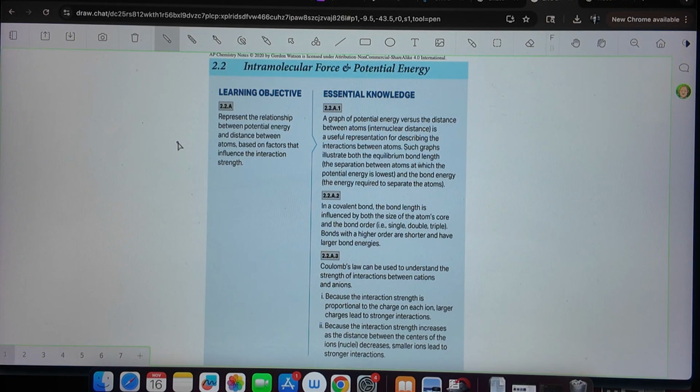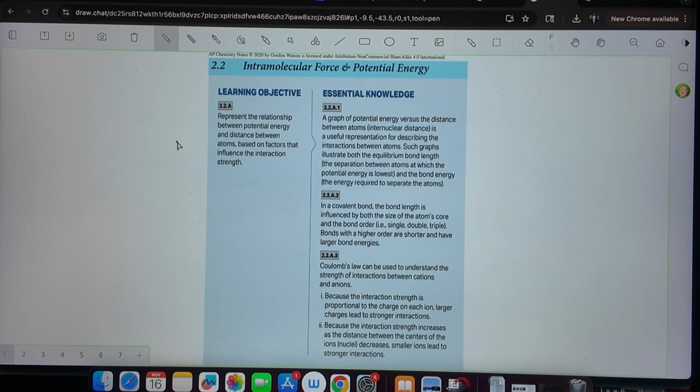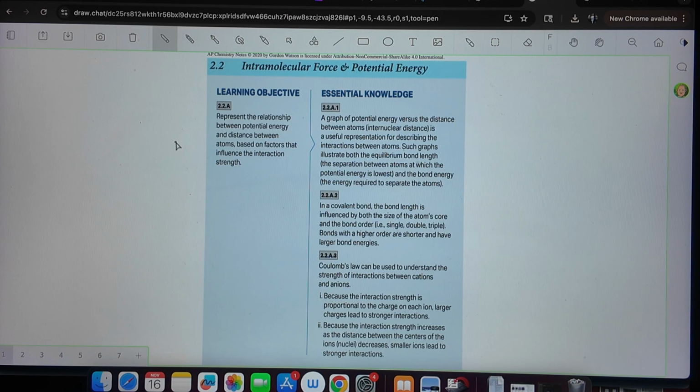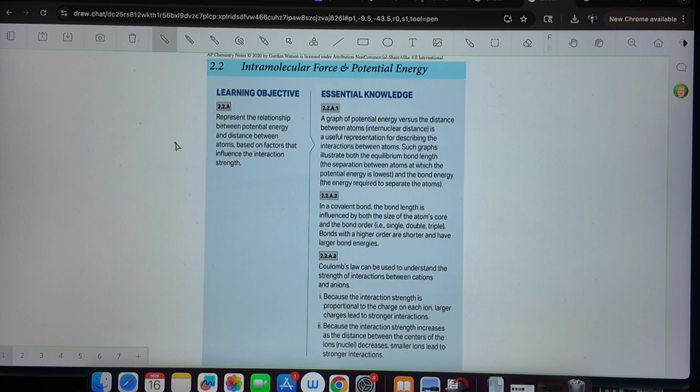Okay, this is section 2.2 of Unit 2, and it's about intramolecular force and potential energy. Now, in intramolecular forces and potential energy, it's just about the forces that are attractive or repulsive between molecules. Think about them like magnets. These forces aren't as strong as actual chemical bonds, but they help explain boiling points, melting points, solubility, and that